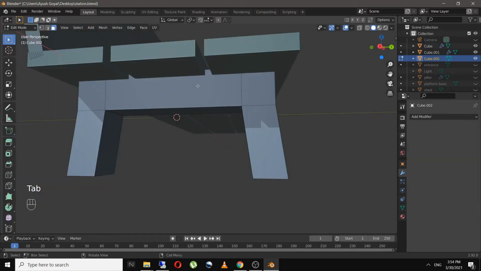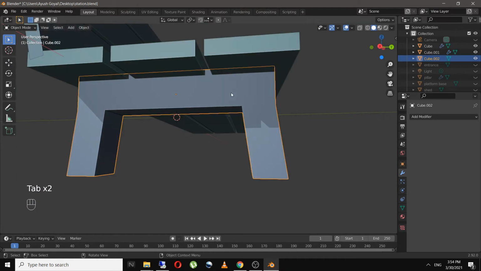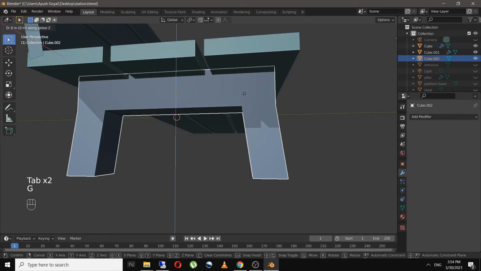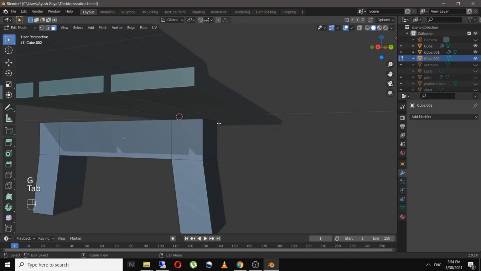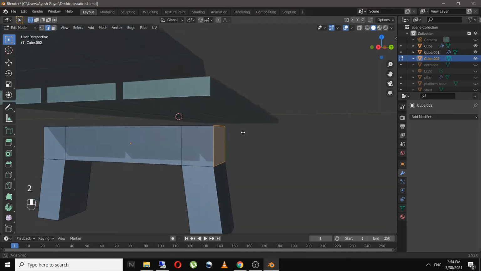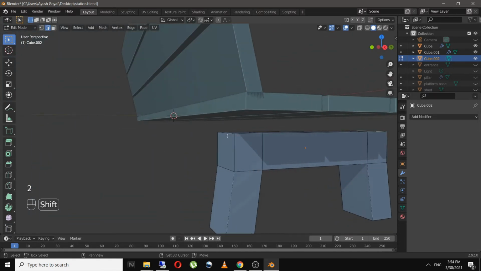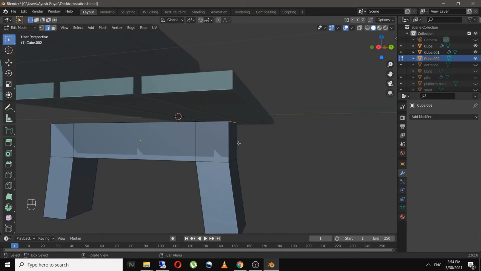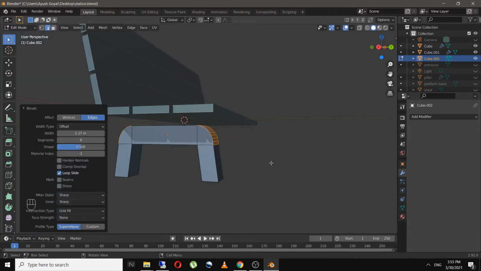And now I will bevel the edges of the legs. So select this axis and this axis and press Ctrl B. This looks fine.